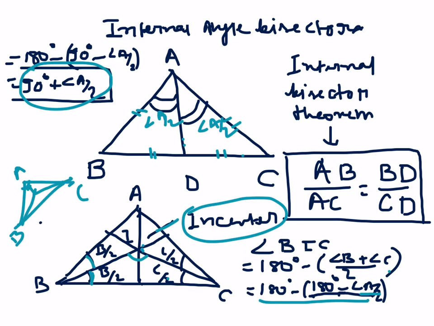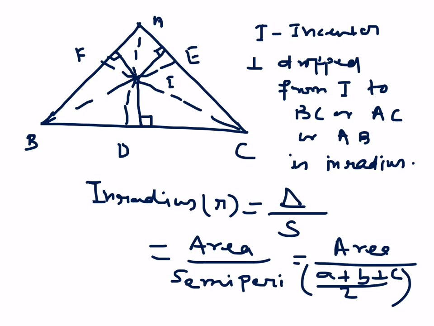What does this mean? If I have an incenter here, I have been given angle A. So if angle A is, suppose, given as 60 degrees, then angle BIC will be 90 plus 60 by 2, that is 120 degrees. Very important concept, remember this. Now, the moment I draw three angle bisectors, I get the intersection point, which will be called the incenter here. I is the incenter here.